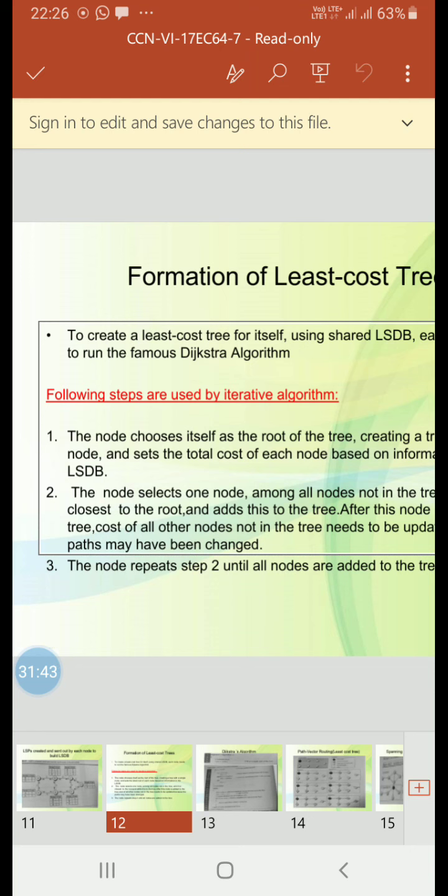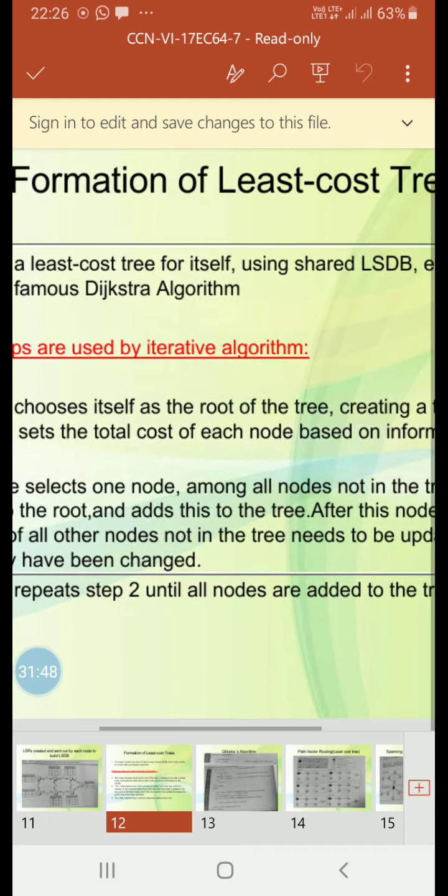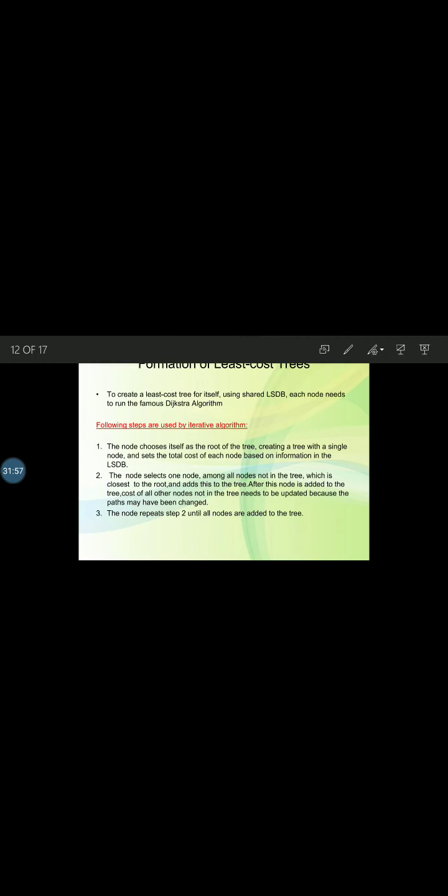First step: the node chooses itself as the root of the tree, creating a tree with a single node, and sets the total cost of each node based on information in the LSDB.